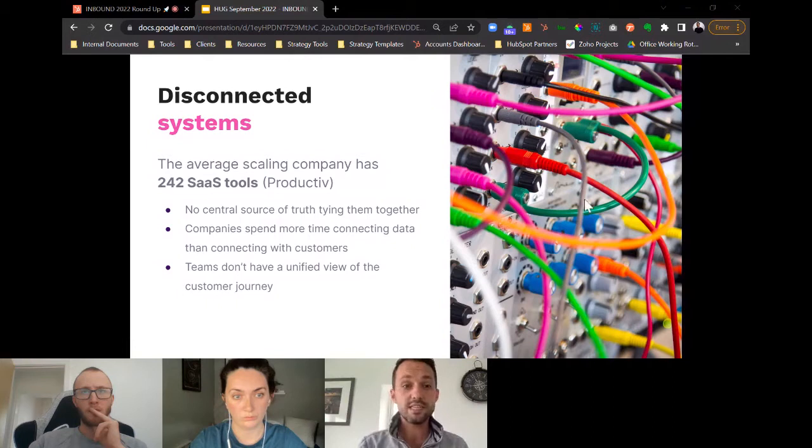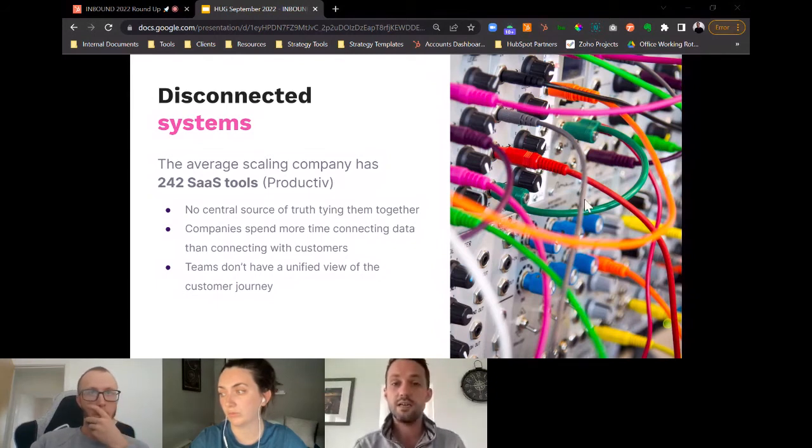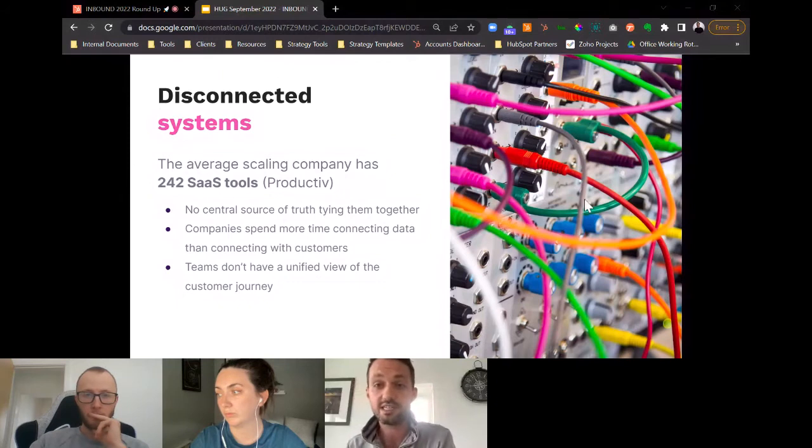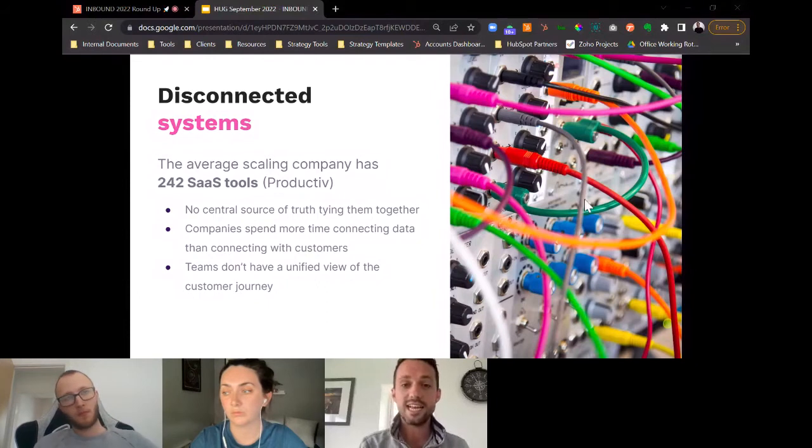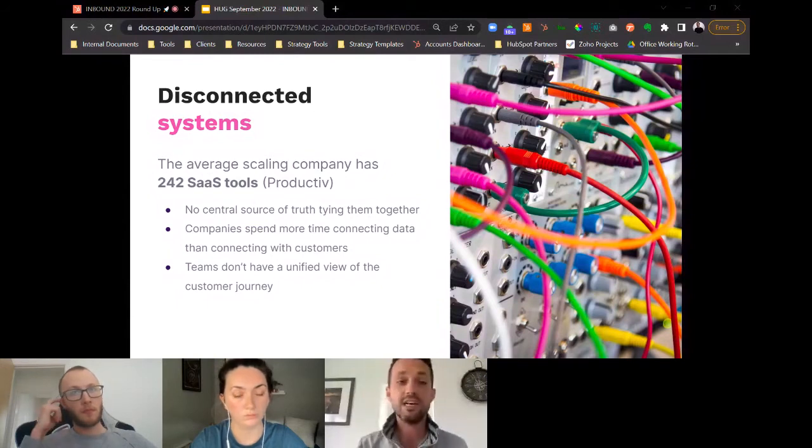Now, the problem isn't that the company have a lot of tools. It's the fact that so little of them are actually connected. And each of these systems has its own data and own processes, but there's no one place tying all of these different systems together. So as a result of that, companies are spending more time connecting data than connecting with their customers. So they have to spend hours and hours cleaning data and trying to cobble insights together from different